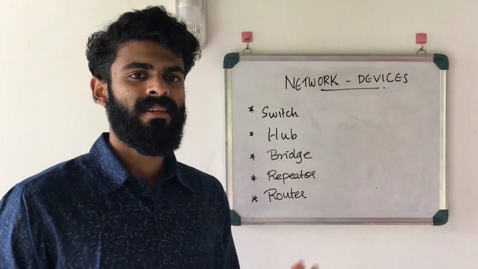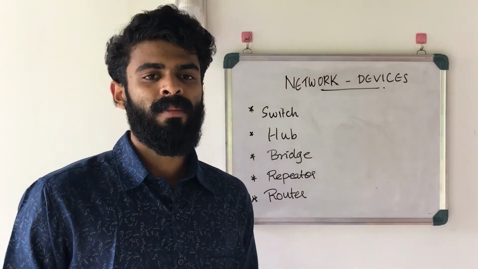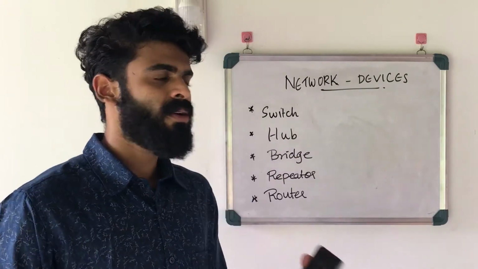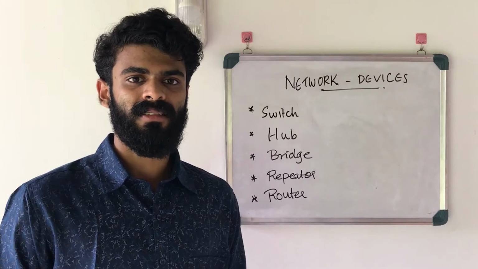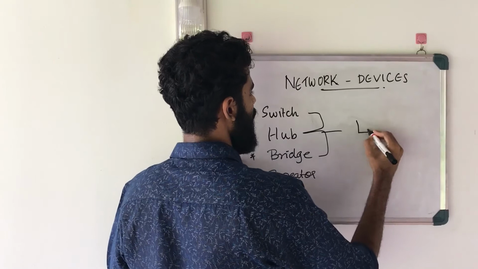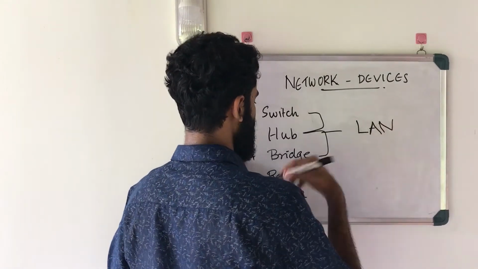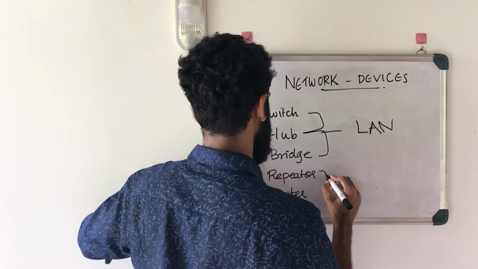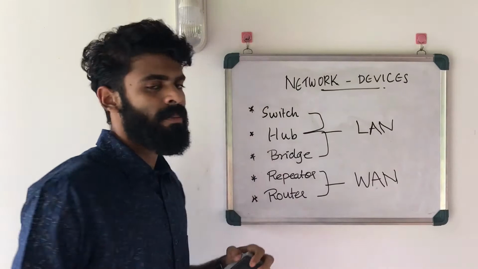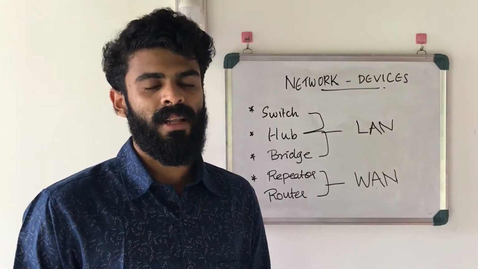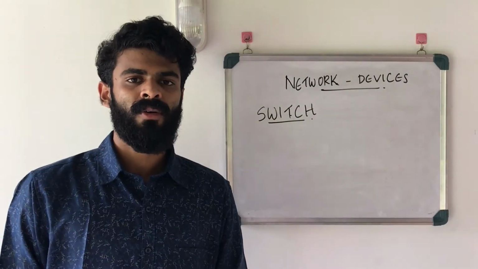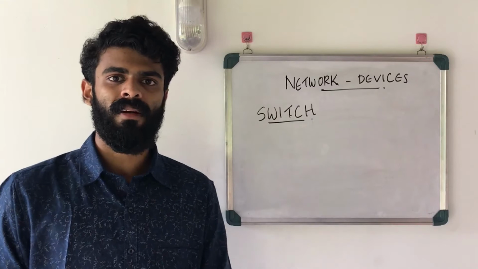So these are the basic networking devices that you need to learn about so that you get a fundamental idea of the networking world. So to start off, we could give a classification based on what we have learned in the last class. So the first three, switch, hub and bridge, can be categorized into a LAN network, or we can use them to connect within a LAN. And moving on, the repeater and router can be used to connect between WANs. You might see in some cases repeater can be used to connect LANs as well, because we need data retention in all these cases. So let's learn about switch by looking into an example.